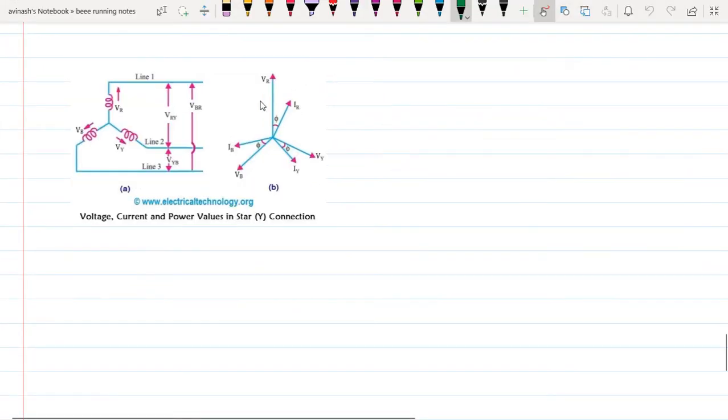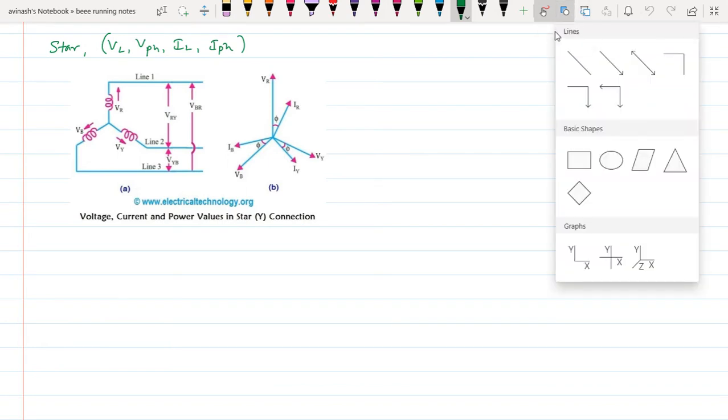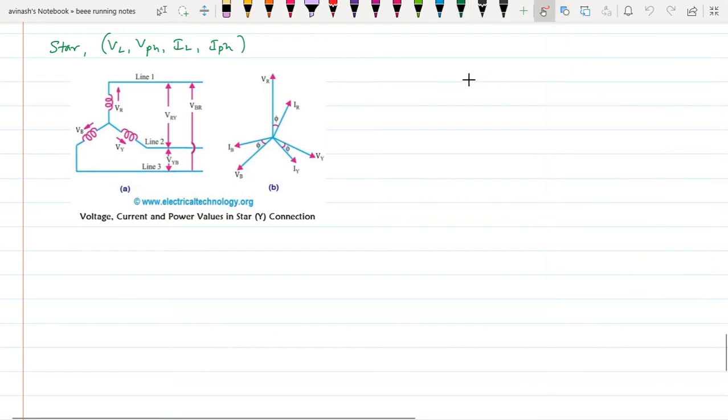Hello students, we'll discuss now the line currents, line voltages, phase currents and phase voltages in star connection. Star connection, line voltages, phase voltages, line current and phase currents. Before going to explain that, see, as I already said,